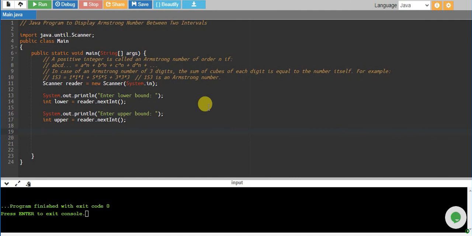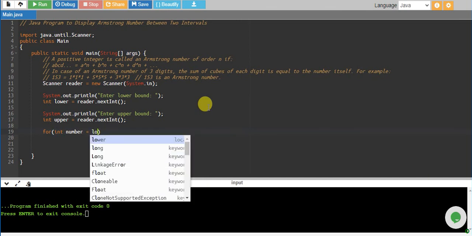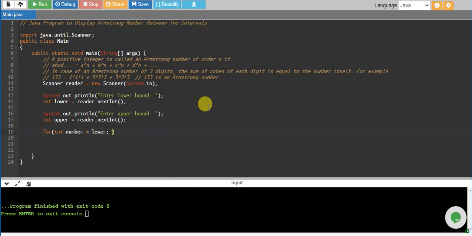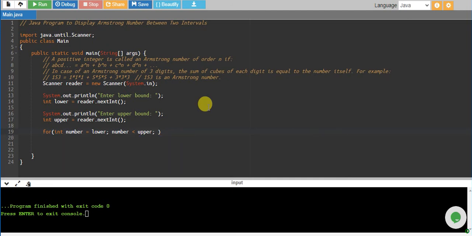Now since we have lower and upper bound, we will need to iterate from lower to upper, and every time we will increase it by 1. So let's start a for loop, and we have integer number equals lower. It will start from lower and go up to upper, and every time we will increase it by 1. So number plus plus. There we go.